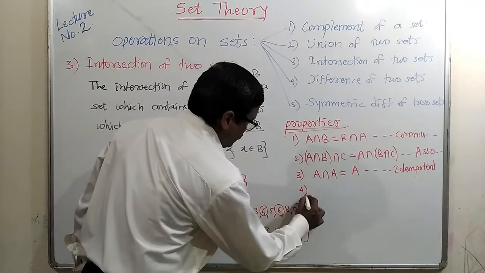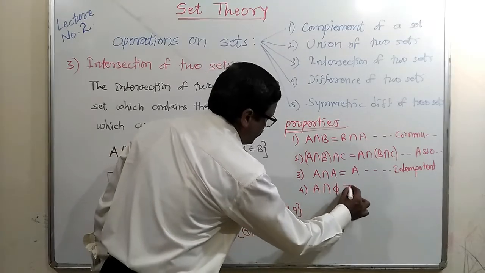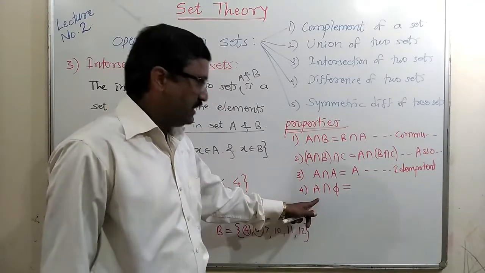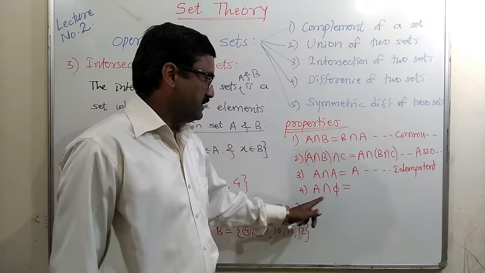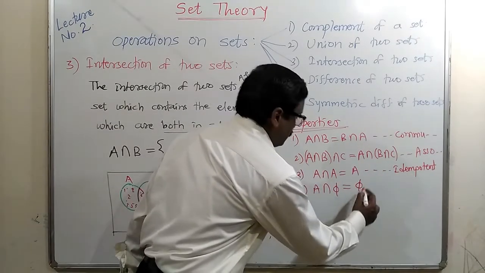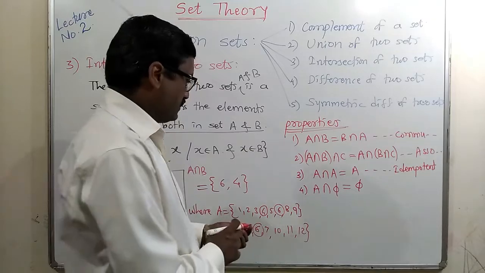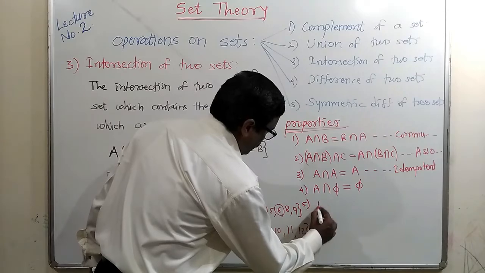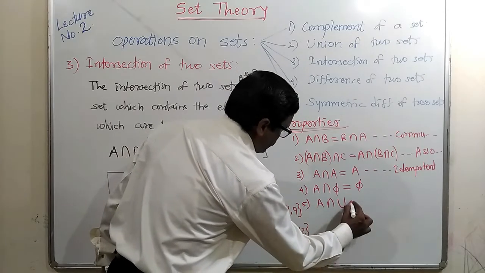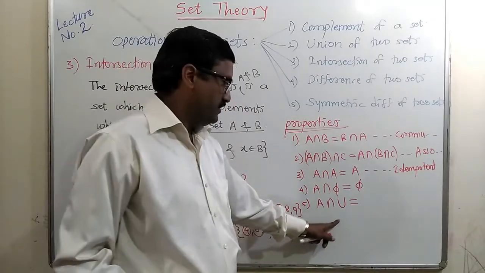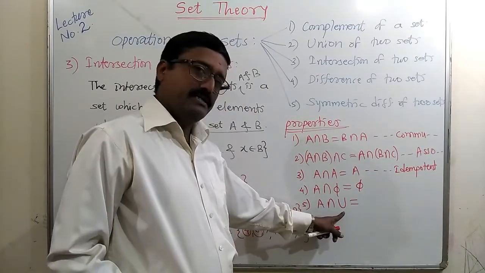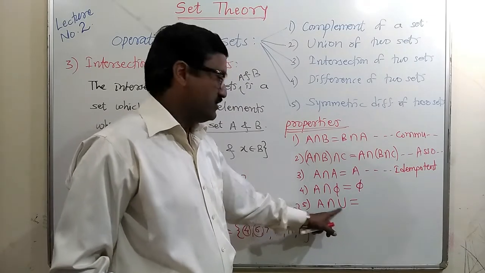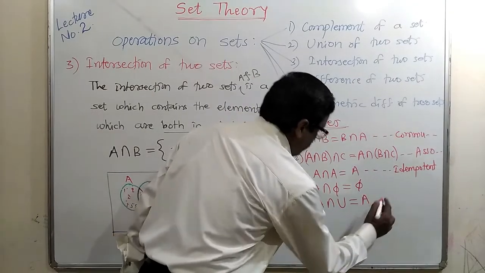Let us take the intersection of A with empty set. Obviously, the empty set is a subset of every set. So phi is present in A also. So A intersection phi is phi. That is, phi is common. In other words, we are finding the common set, or set of common elements. Then A intersection universal set. Obviously, A is subset of universal set. So in universal set, A is there. So A intersection this portion of U, that is A, is common between these two. So intersection will be A again.